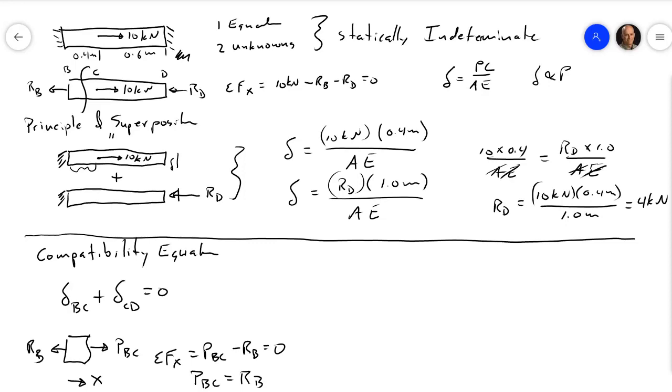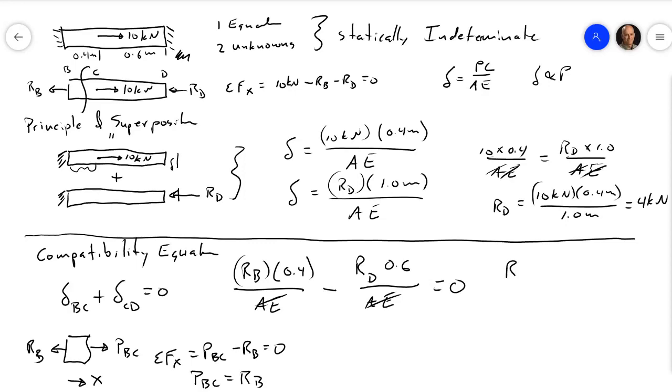So then we write that the reaction at B times the length for force BC, which is 0.4, over AE, and the deflection CD is going to be shrinking, so minus the reaction at D times 0.6 over AE equals 0. And again, these cancel in this problem, and we get that